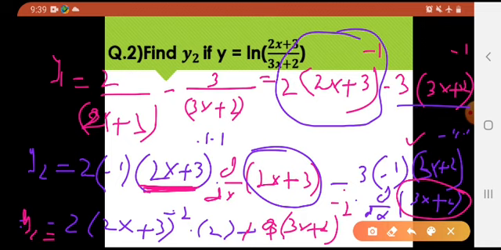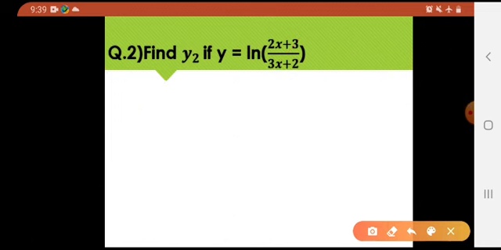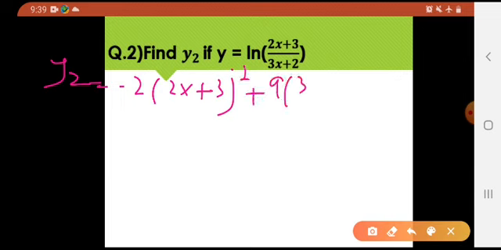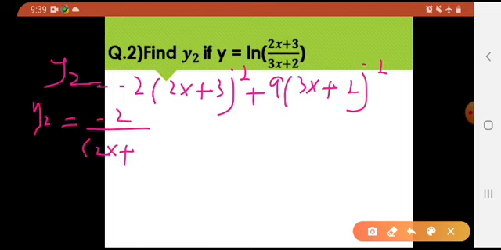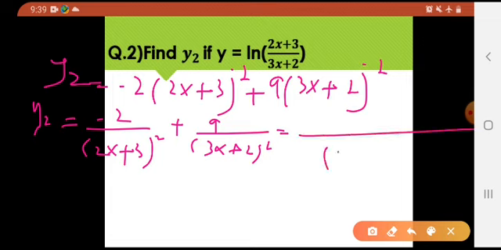Am I going to stop here? No. We will be doing some simplification over here. वही थोड़ा सा lengthy काम है इस question में. Rest of the things are easy. So y2, what was y2? -2 into (2x plus 3) raised to the power -2 plus 9 into (3x plus 2) raised to the power -2. Done. Now all you have to do is do some simplification. -4 divided by (2x plus 3) whole square plus 9 divided by (3x plus 2) whole square. Take the LCM. What is the LCM? दोनों terms आपके पास different हैं in the denominator, so they would both be a part of your LCM. Done.